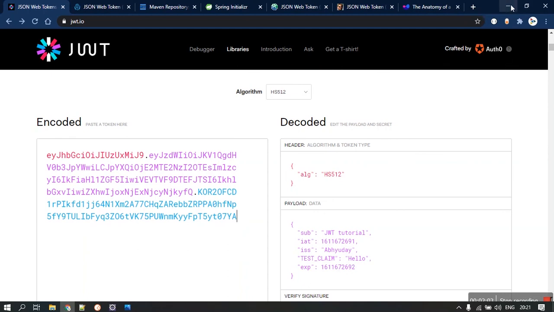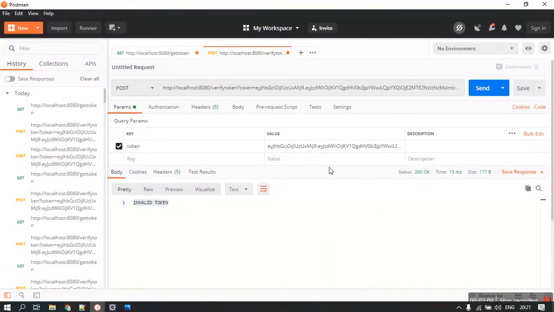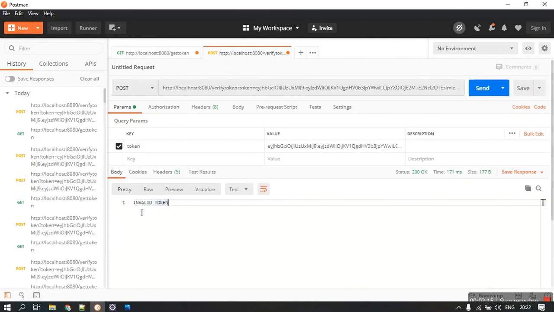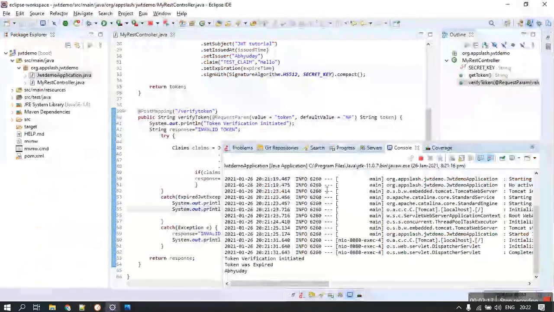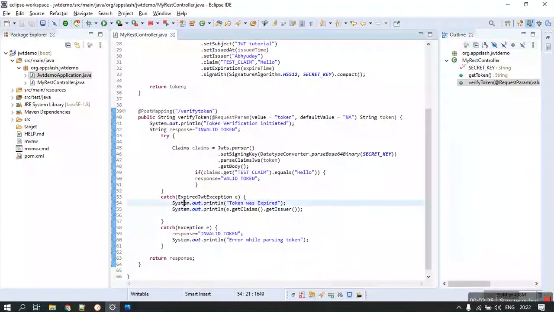By now I think the token must have expired. So let's use it here, and I'm going to send it. I'm going to be reported with an invalid token message, but we can see in the log that the token was expired, but still the claim was able to be captured. So that's how the expiry of the token works.